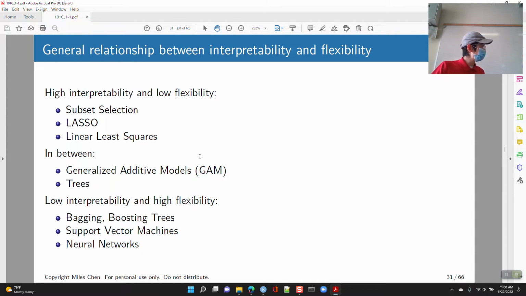And then as you get into more complicated things like neural networks and support vector machines, especially if you're going to use some kind of kernel transformation, then it becomes difficult to interpret. Okay, random forest and boosting and things like that also make it difficult to interpret, but they might give you better predictive performance and more flexibility for your data.